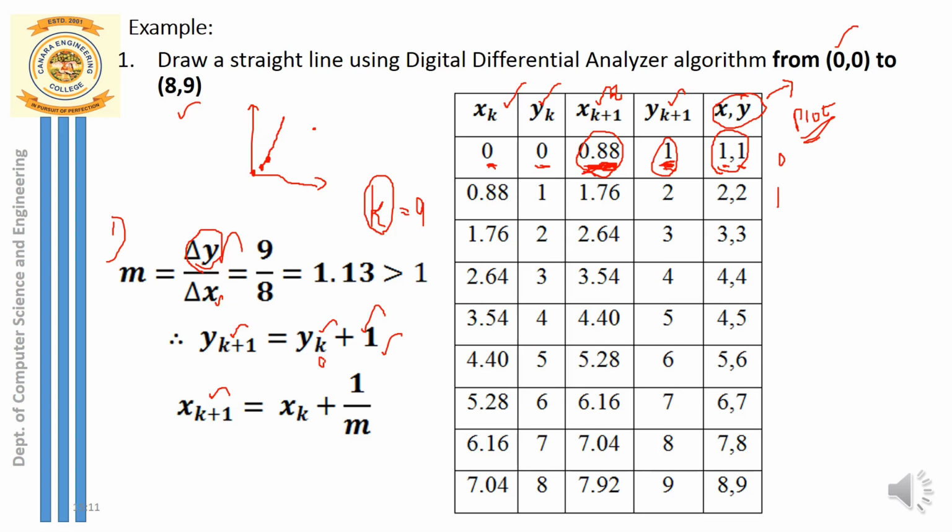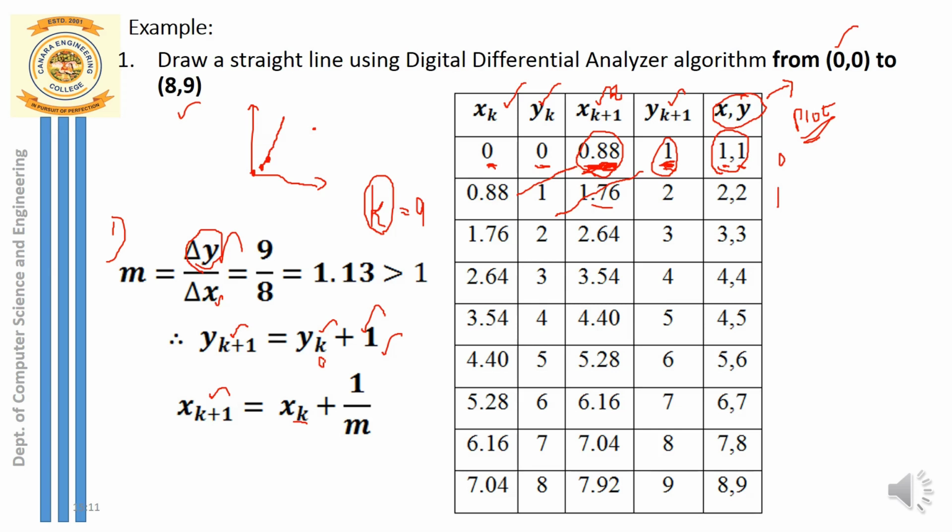We'll go to the next iteration. So what is now xk and yk? Just take it from here. Just now I have calculated xk, that is 0.88, and what is y? It is just this 1. So 0.88 and 1, use that. So what is my next coordinate now? X coordinate: xk is now 0.88, so 0.88 plus 0.88. How much is that? 1.76, and that is my next x coordinate. And what do you have to do for the y coordinate? Just add 1. So 1 plus 1, that is 2, right? So 1.76 is my x coordinate and y coordinate is 2.